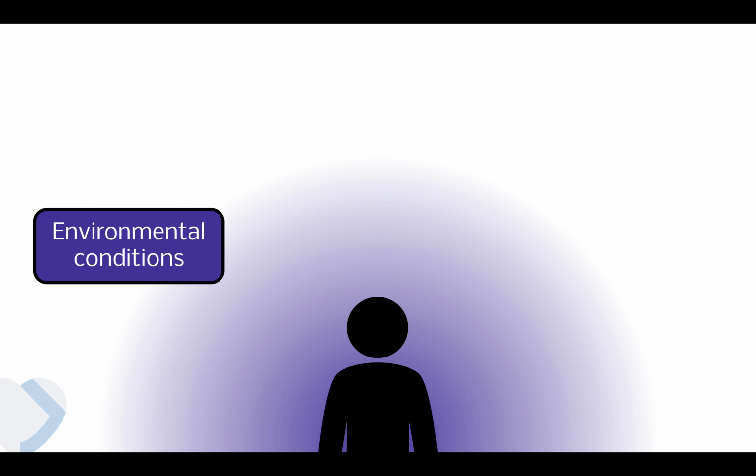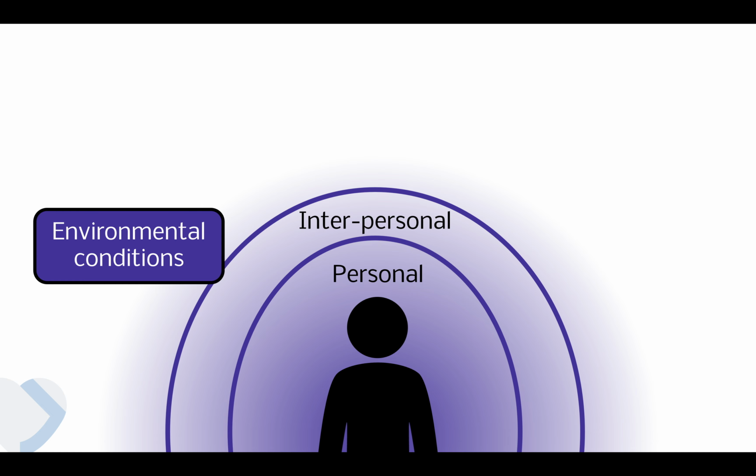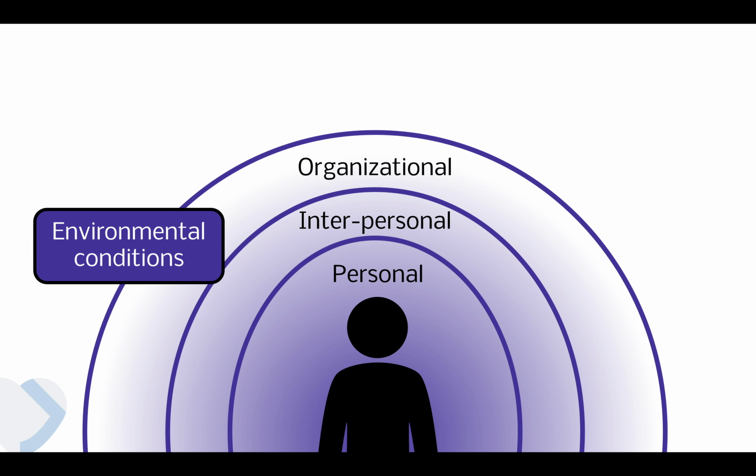And then the environmental conditions are the stuff around it. So you have the person with their determinants, their psyche, basically. And then you have the interpersonal environment. We are now each other's interpersonal environment. Then you have an organizational environment. For example, Rob, Rick, and Francine and Jeroen are